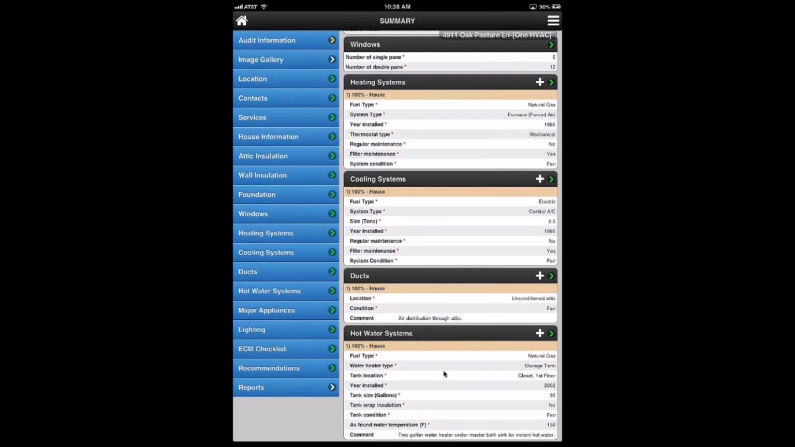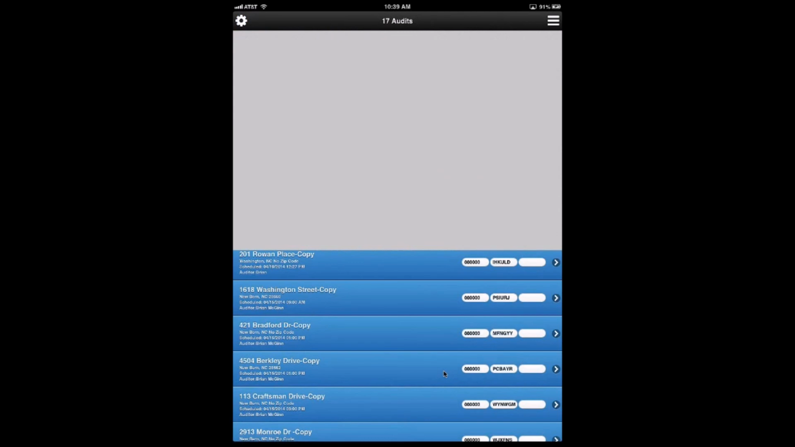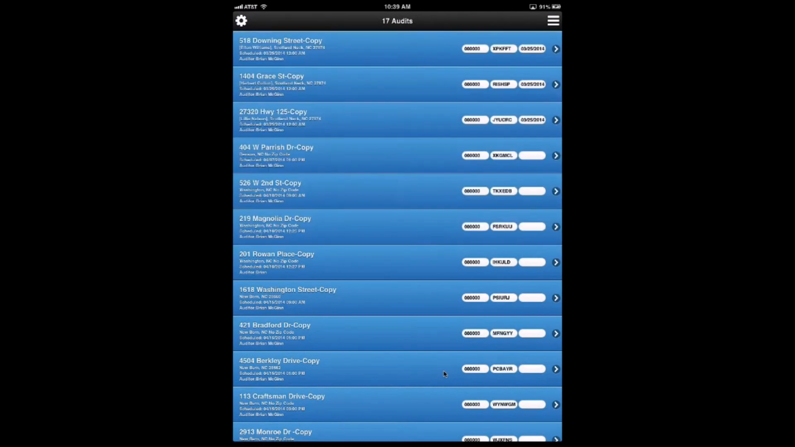So if you have a heating system or cooling system that serves the first floor and a separate one that serves the second floor, or the main house and the addition, you can define multiple heating or cooling or ducts or hot water systems. So the amount of flexibility is pretty large there, where you can put in as much detail as you need or as little as you need depending on the situation. In this particular case, there is a single heating, single cooling, ductwork, and so on. So I'm going to go upper left hand to the home icon to take me back home, which is the audits page. So I hit the home icon, I came back to the audits page,